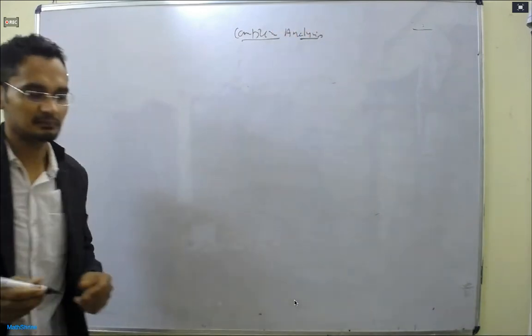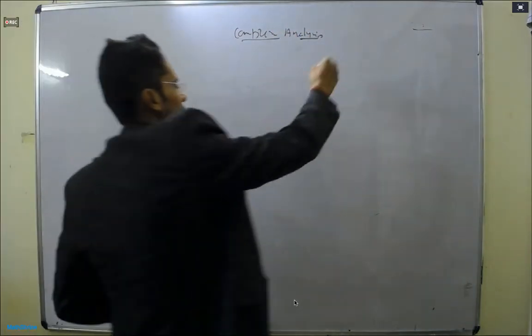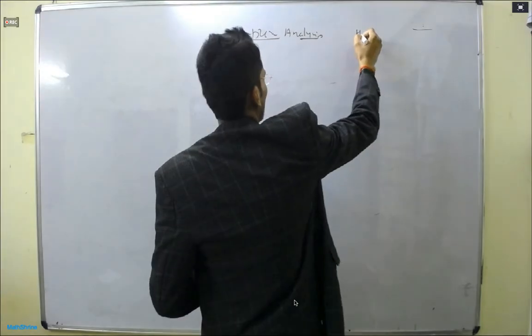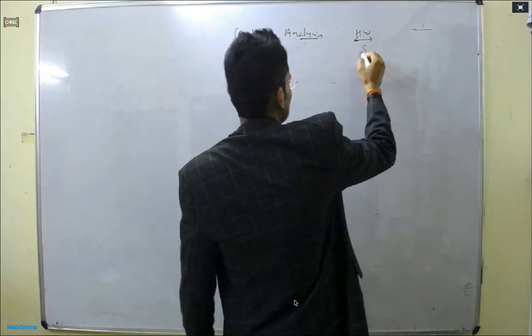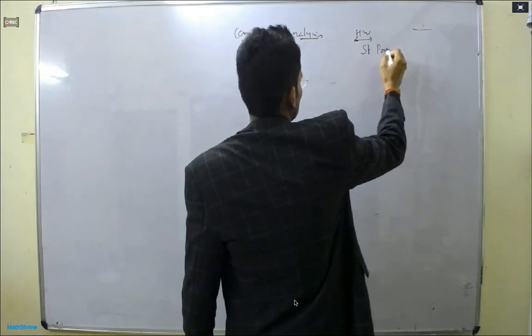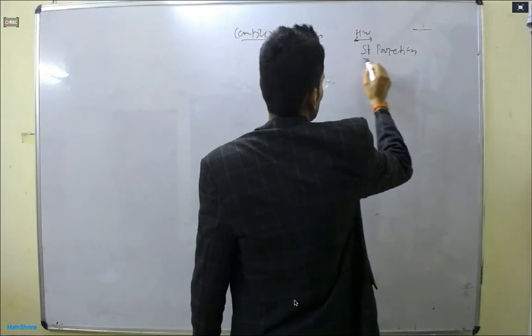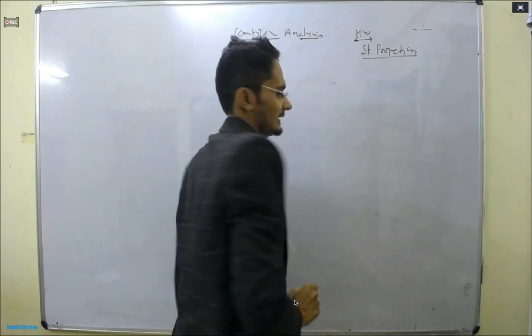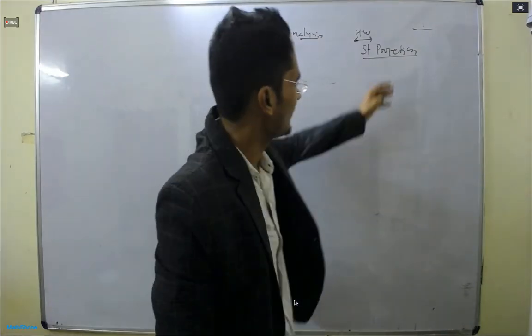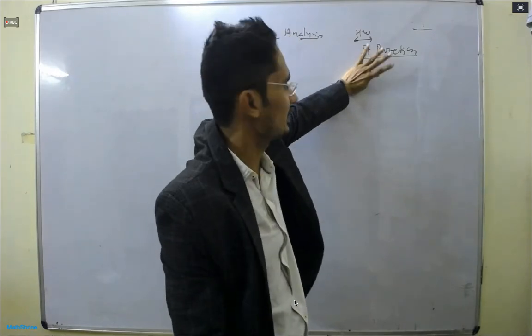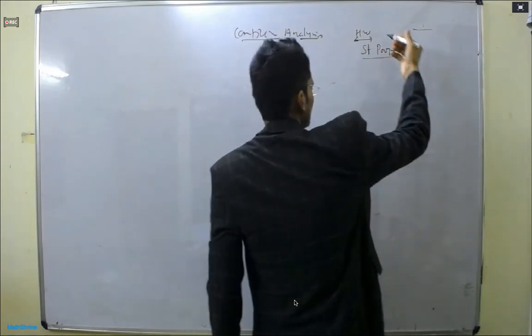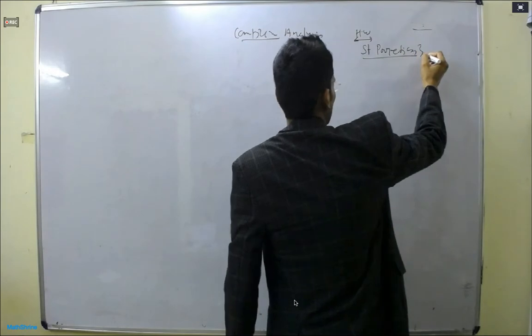We couldn't have some classes, so I'm giving you some homework, and these are things that you have to take care of on your own. The first one is stereographic projection. This is very simple and written in every book. Even if you open any normal textbook, stereographic projection is written. You don't need it, but if you want, you can look at it.